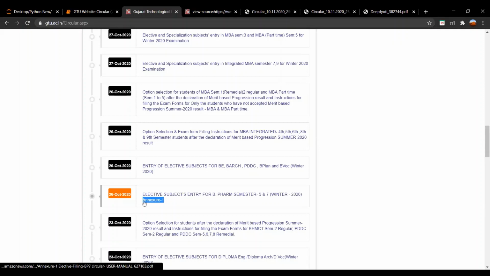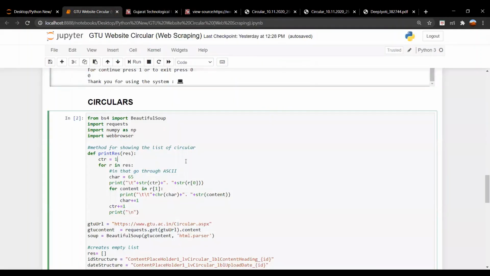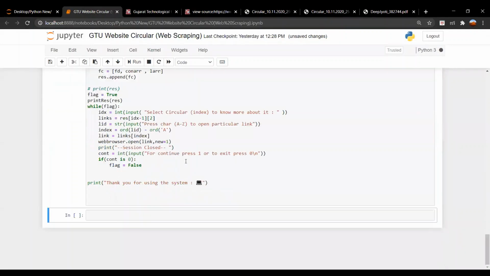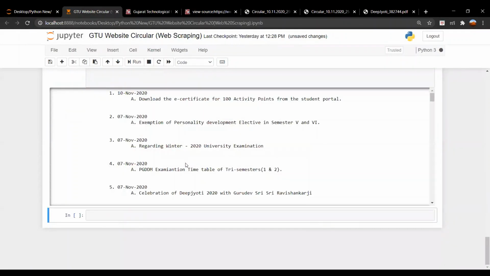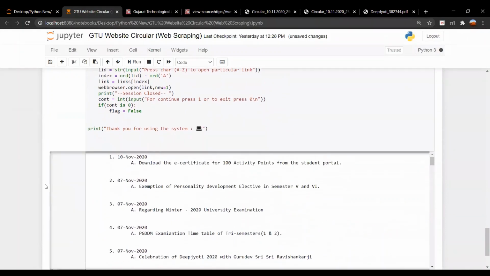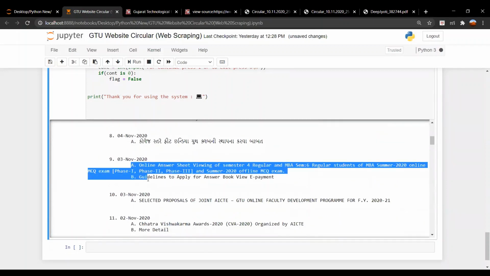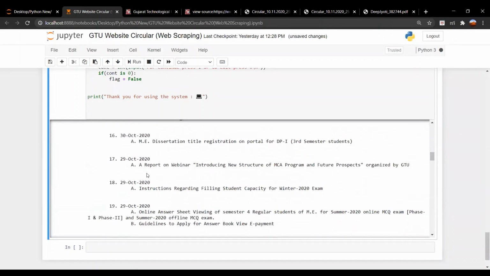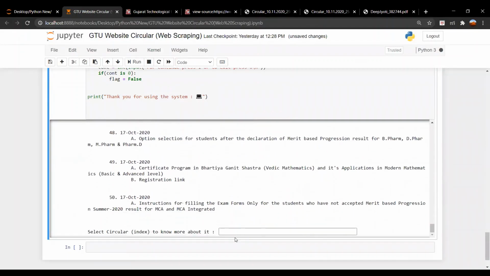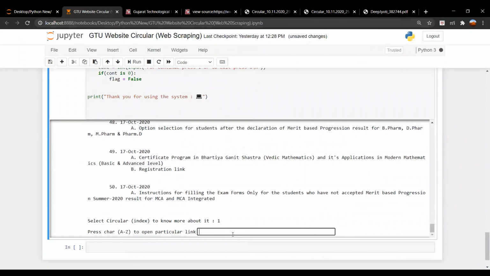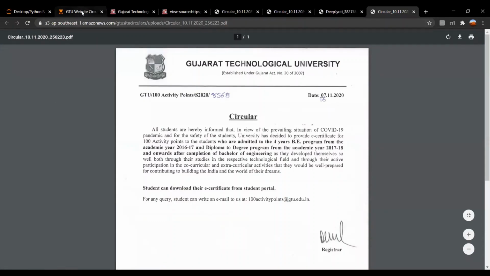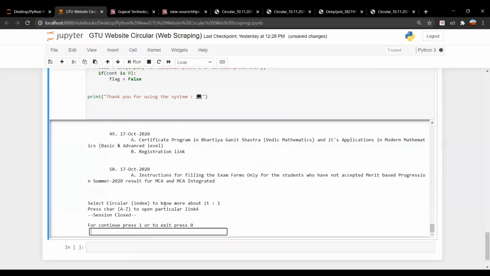Now let's run our code and we can understand this process in a particular manner. Here we have to choose a circular from option A and B. We can clearly see that if we press A, then the circular for A will open and the PDF for that option will be opened. Here is the PDF for option A. Now let's understand the code for this.